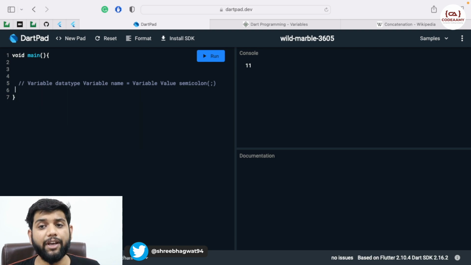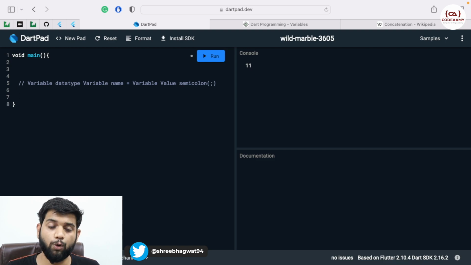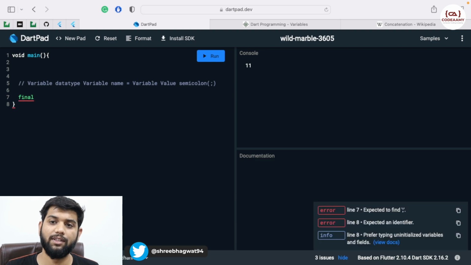Let's say in our application you want to create a variable whose value should not change. Once the value is given, it should remain the same till the end of our application. For that we can use the keyword final. Final means this value is final and it won't change. So let's say final name is equal to Shri.